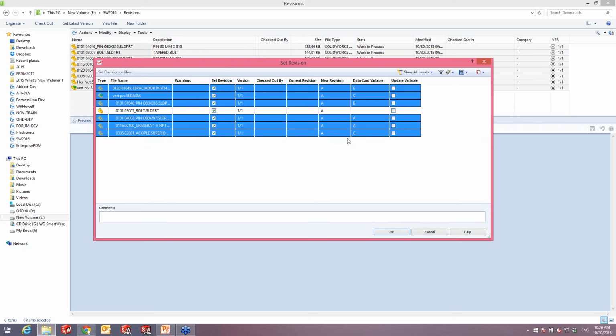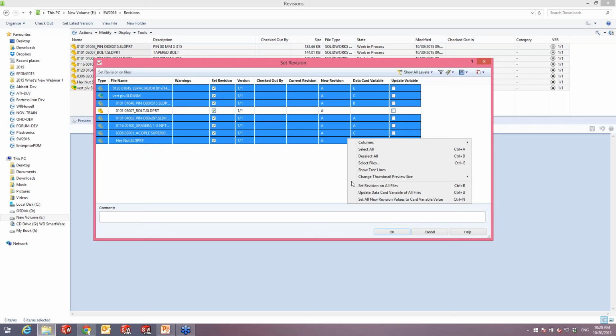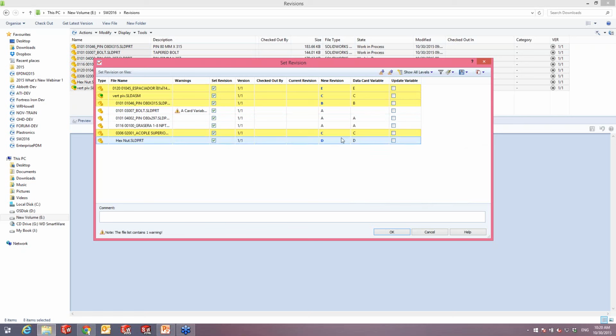And we can actually tell SOLIDWORKS PDM to set the revision according to that variable value on the data card. In doing that, you'll see many of these rows now show yellow, indicating that they're going to be updated. The variable on the data card will be updated, as well as syncing the counter, the revision itself, to highlight and maintain that same revision. So as I click OK,